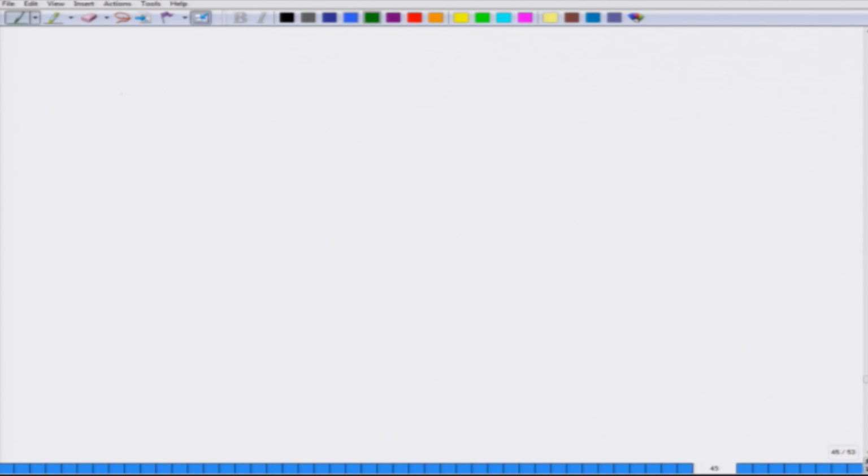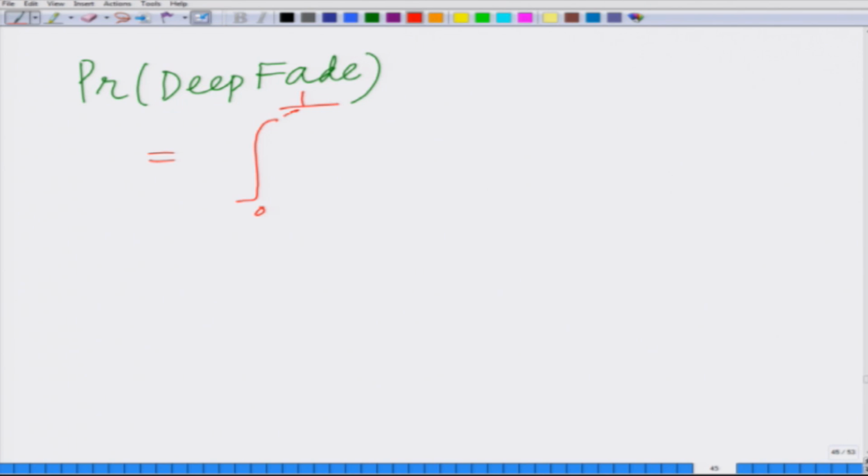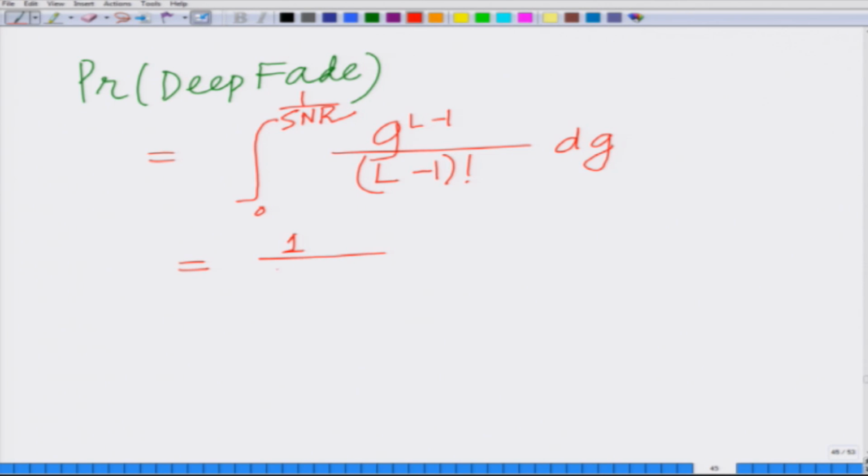Therefore, the probability of deep fade is simply the integral from zero to 1 over SNR of g to the power of L minus 1 divided by L minus 1 factorial times dg, since e to the power of minus g is approximately equal to 1. This is further equal to, now I can evaluate this integral. So, this is 1 over L minus 1 factorial